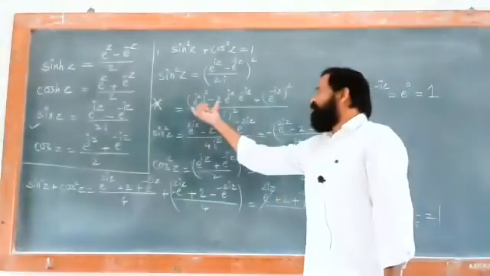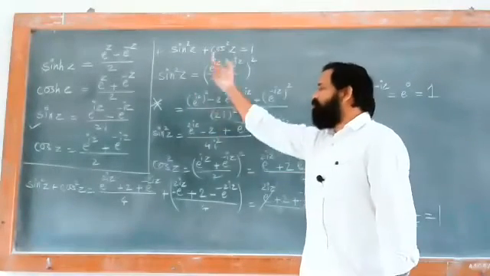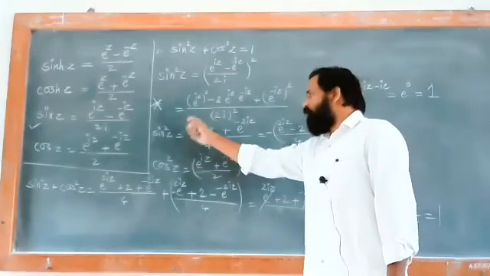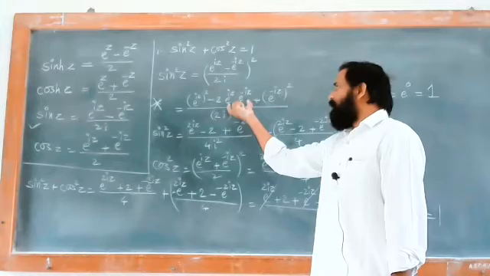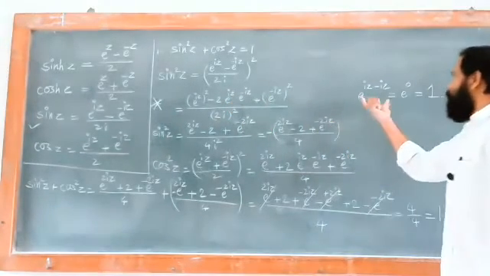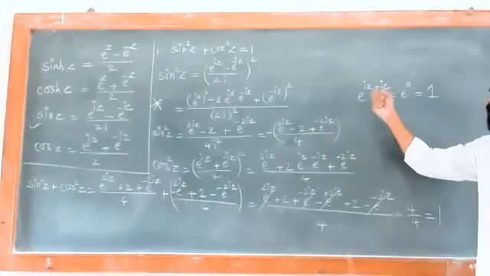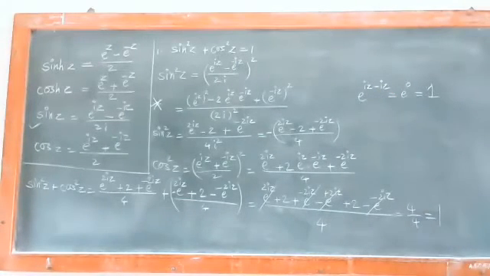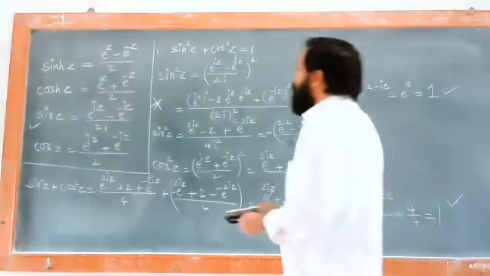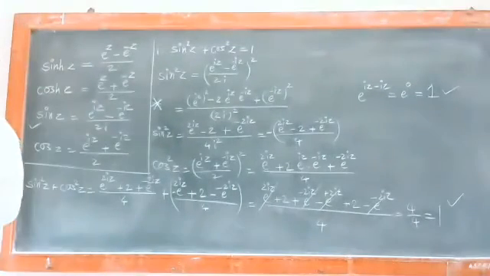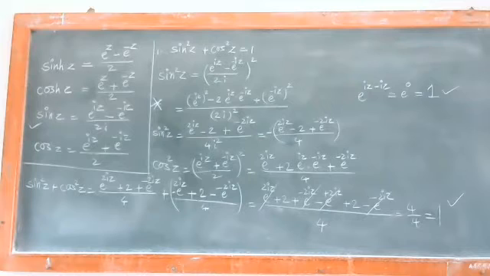Remember, how can you do the square? E raised to iz squared is nothing but e raised to twice iz. And this one term, e raised to iz into e raised to minus iz. Since the base is the same, we combined them, so e raised to iz minus iz, that is equal to e raised to 0, and so we can write that is equal to 1. So we have sin square z plus cos square z is equal to 1. So that's all for your first identity: sin square z plus cos square z is equal to 1.